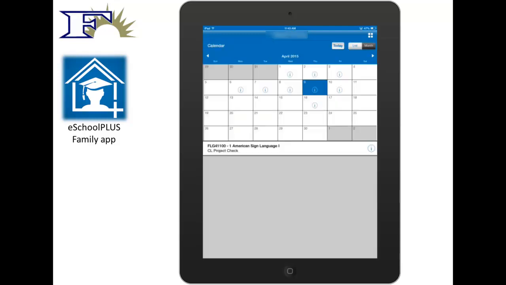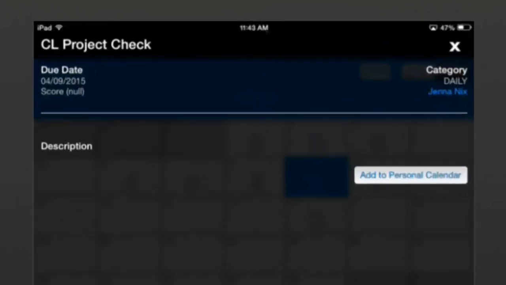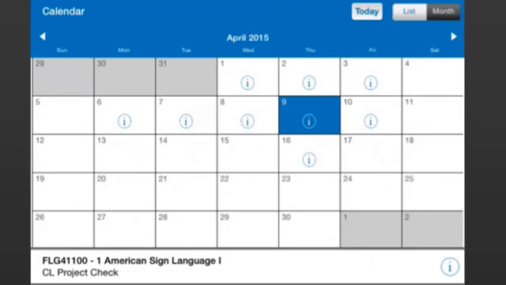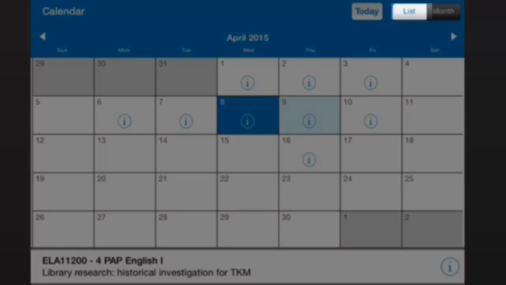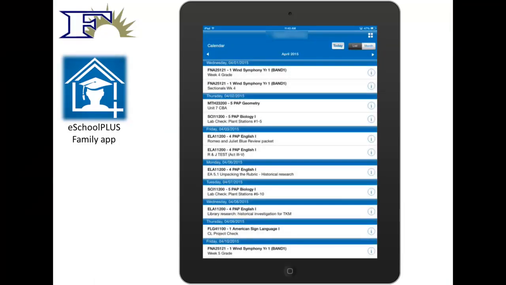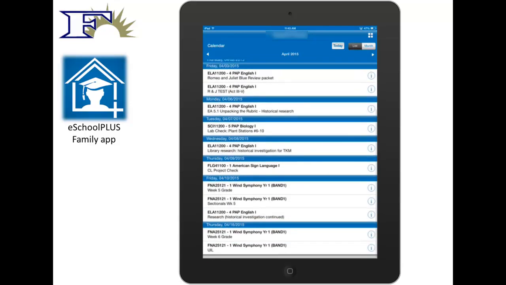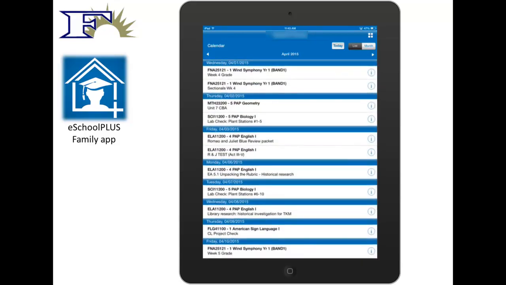Hitting that menu button again, we're going to go to the calendar. The calendar will show you anything going on during that month with an I. You can again go backward or forward by hitting the left or right arrows. From here, you can also click the assignment and see more information about it or add it to the personal calendar of the phone or device you're on. Clicking on any one day will give you more information. You can also click List at the top right. Hitting List will give you a list of all of the assignments for that month. You can again go backward or forward a month by clicking the left or right arrow, and you can scroll down and see everything. So it's really just dependent upon how you like to look at your assignments. Going back to the main menu,